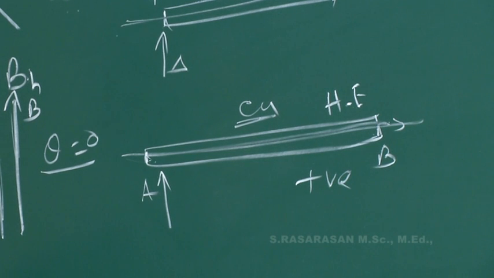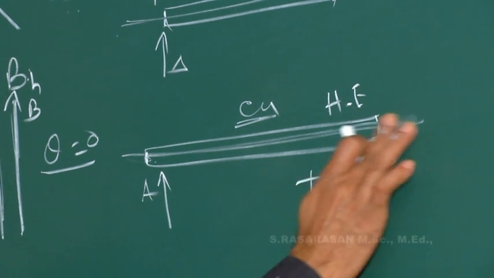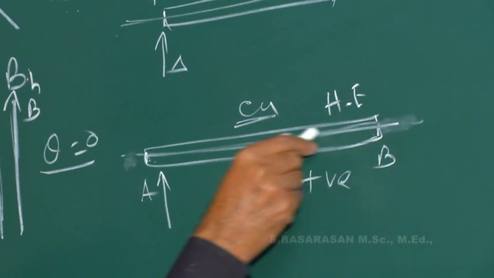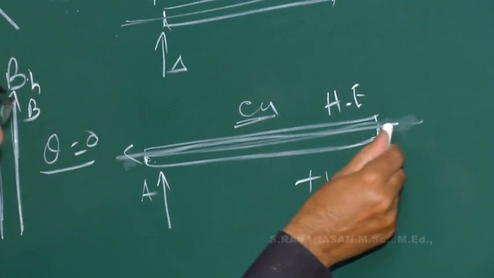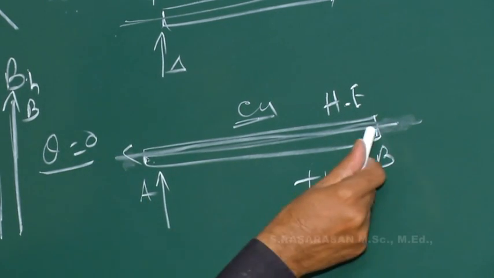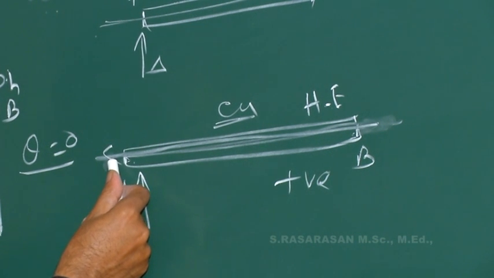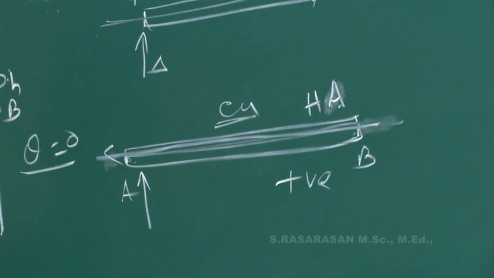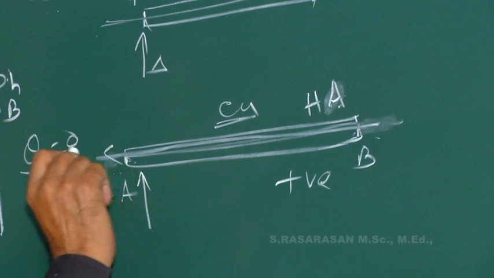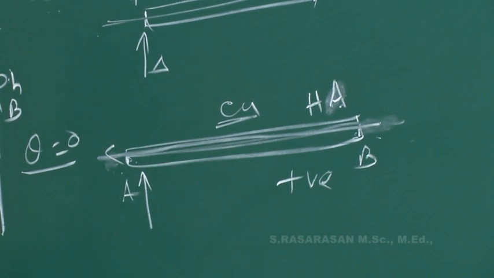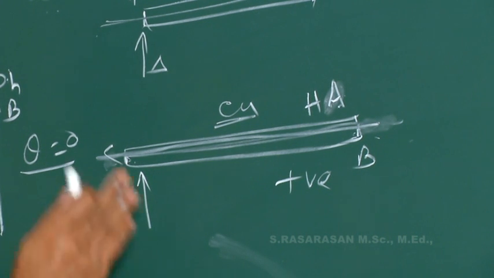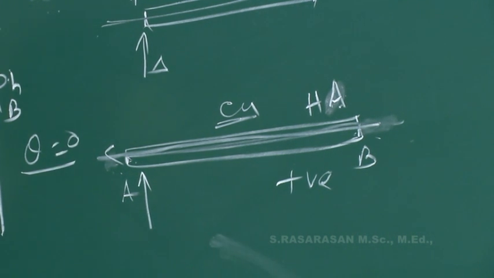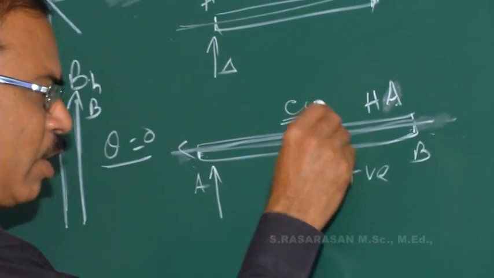Even if you allow the current to flow in the reverse direction, from lower temperature to higher temperature, then heat is absorbed, which is also the positive Thomson effect. Lower to higher temperature, absorption of heat; higher to lower temperature current flow, evolution of heat. இப்படி இருந்தால் positive Thomson effect. And not only copper, zinc rod and cadmium rod also show this effect.